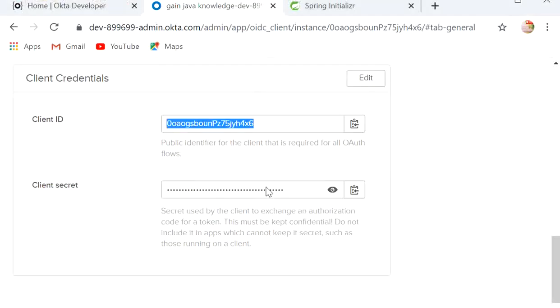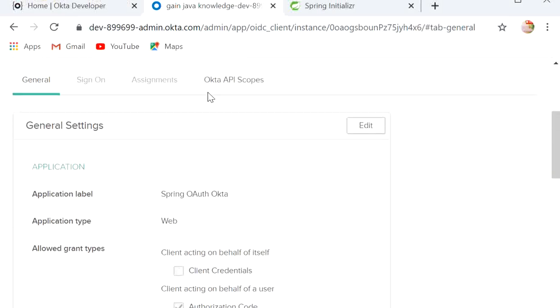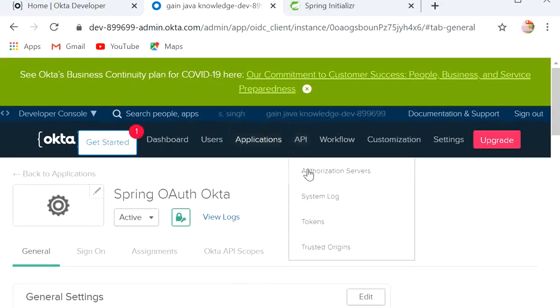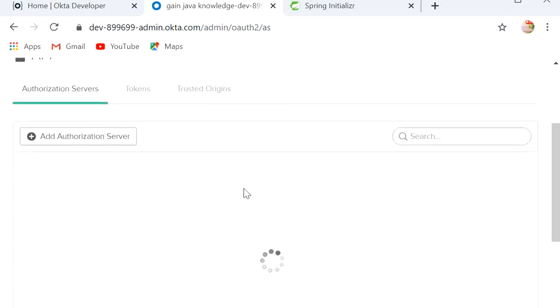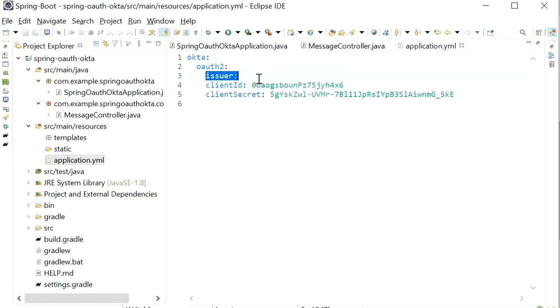We also need the client secret, so I will copy it from here and paste it in Eclipse. Now we need to add the issuer, which is the default domain of our Okta. I will go to API and click on authorization servers, where we can see the issuer URI. I will copy it and paste it into my application.properties.